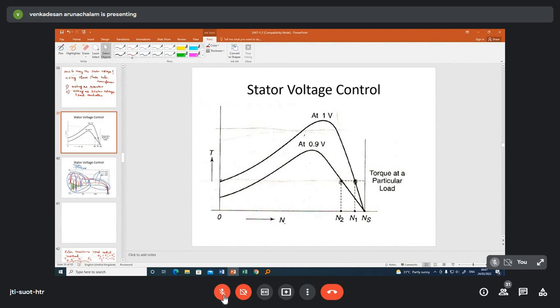Strictly speaking, this graph will come like this, then afterwards it comes like this. So if you take the average value of this transient portion, then only you will get the steady state torque speed characteristic. UG level steady state characteristics is more than sufficient compared to understanding the transient or dynamic torque speed characteristics. Okay, so I just want to share this information, because when you plot the graph in MATLAB,